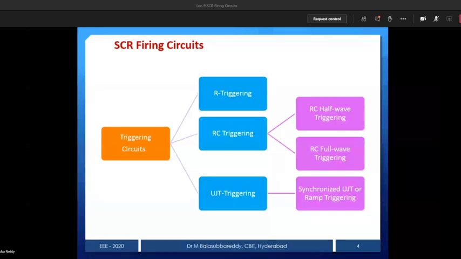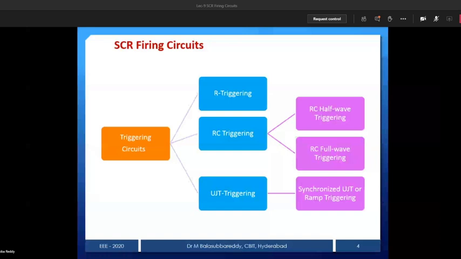Just imagine what is the need of a firing circuit or a triggering circuit. It is very simple logic. When the device has to fire, we need to provide a gate signal. At what instant we want to provide the gate signal, it may be 0 degrees or 30 or 60 or 90 or maybe 120 degrees, we need to provide the pulse in such a way that the SCR is fired whenever we provide the gate signal. So how to generate a gate signal is your question. That is what all these circuits do.